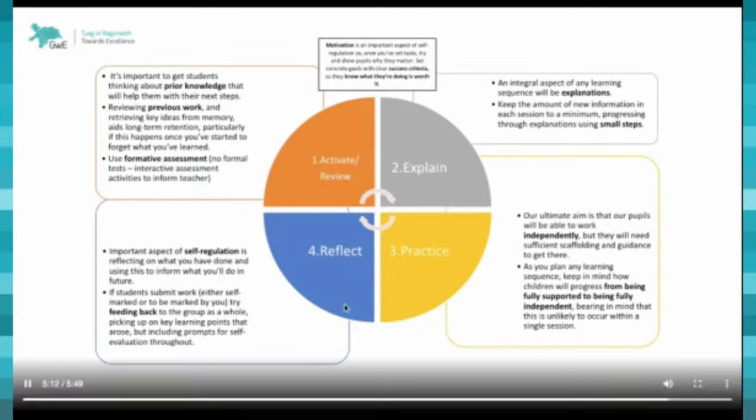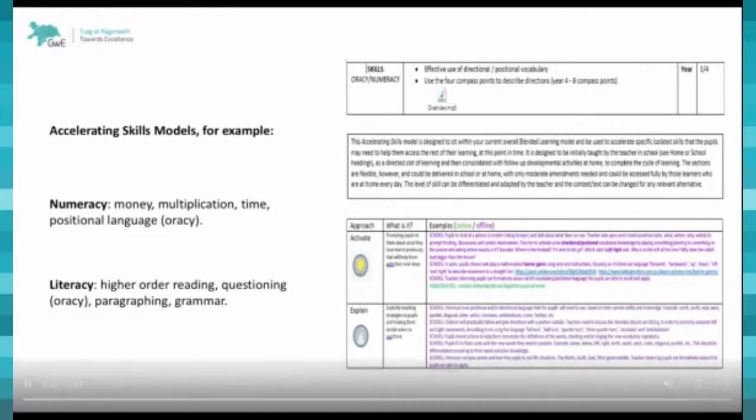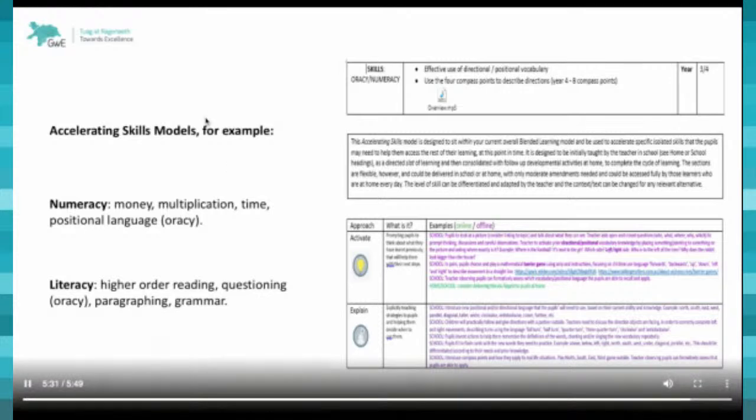Here we can see the kind of literacy and numeracy accelerated skills models available. Remember that this is not an exhaustive list, but should you identify something else your learners need, then it should be possible to amend one of these models to suit their needs using these as a guide. The progress of each learner will be different, but at least you will know that the process you are using is based on solid research into teaching and learning strategies.